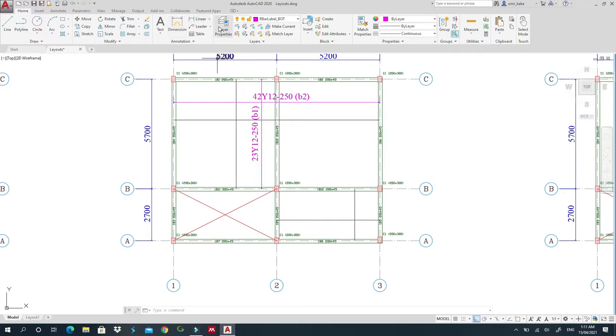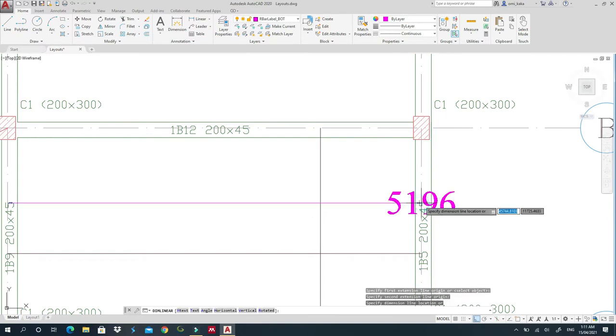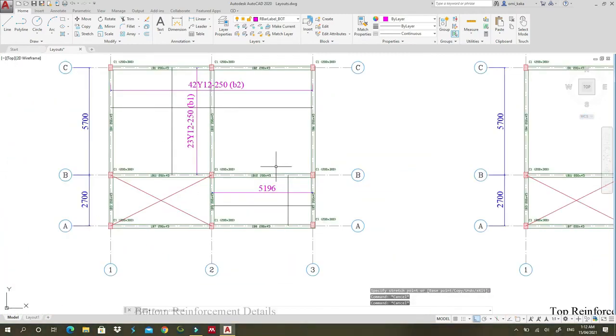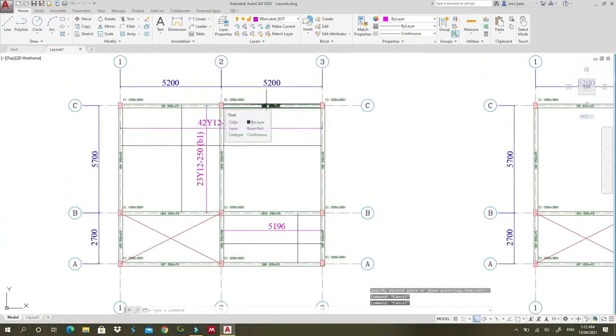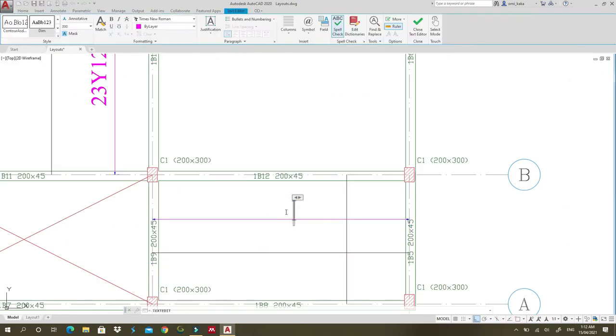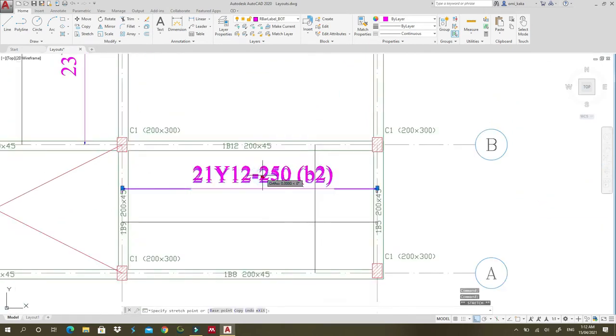Okay, so what I'm going to do is I will just take linear, and then I will draw till here, and like this, and then okay, so this one is 5200. So 5200 divided by 250, I'll get 20.8, which is 21. So I'll just edit here, and I'll say 21 Y12 for spacing of 250, and this will be bottom 2. Okay, I'm just maintaining this consistency. This is supposed to be bottom 1, but just to maintain the consistency, I'll put it to bottom 2, and